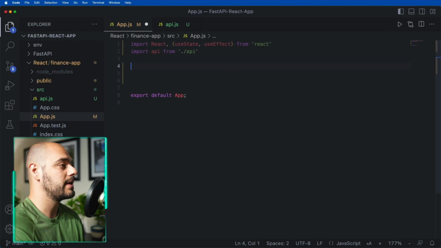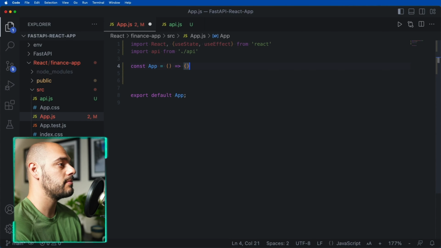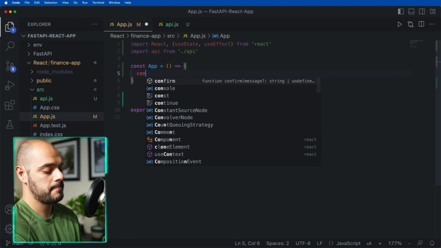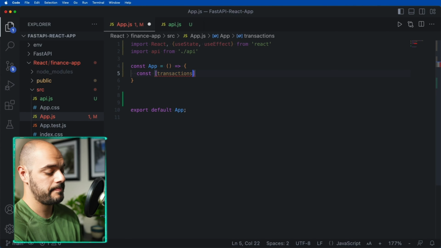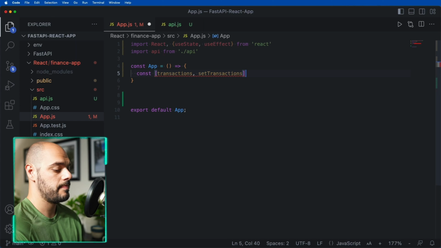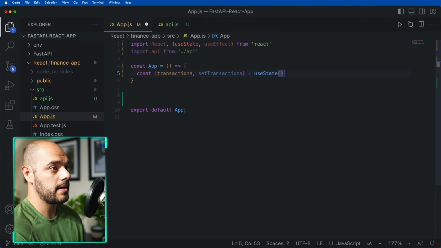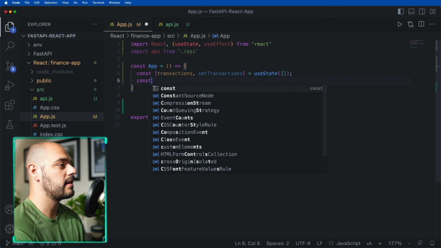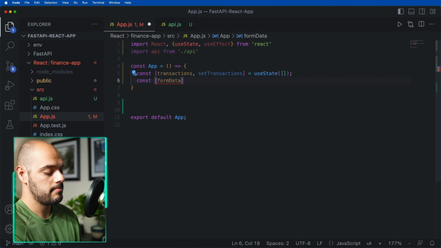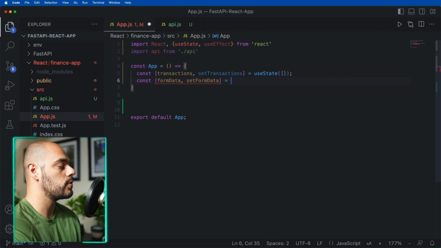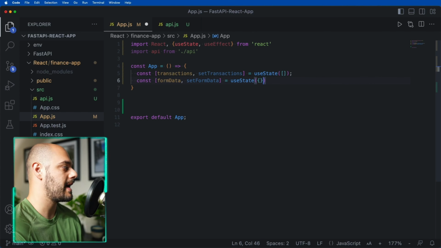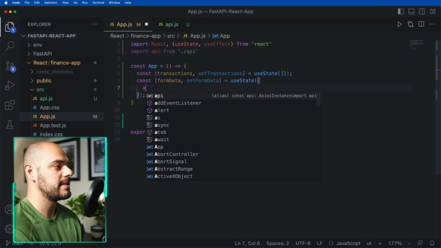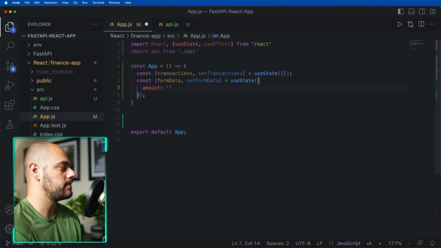So what we can do here is we can say const App equals parentheses, arrow function, brackets, where we can say const, and we're going to create pieces of state here, where we say [transactions, setTransactions] equals useState, where we're going to say brackets with a list inside, and then const [formData, setFormData] equals useState, where inside here we want to say parentheses, brackets, and we want to say amount is going to be equal to an empty string,